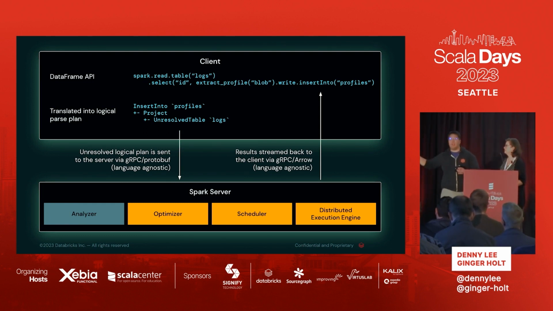The other key thing is that when we're sending information back from the server to the client, we're using Arrow. How many of you are using Arrow here? No? Okay. Seriously, you've got to start checking that out. For many distributed systems, and many other systems in general, we're starting to use Arrow as the in-memory format for interchange. This isn't restricted to the Spark ecosystem. I'm talking about the Scala ecosystem wide, as well as other systems like the Rust and Python ecosystems. We're using Arrow as the interchange.